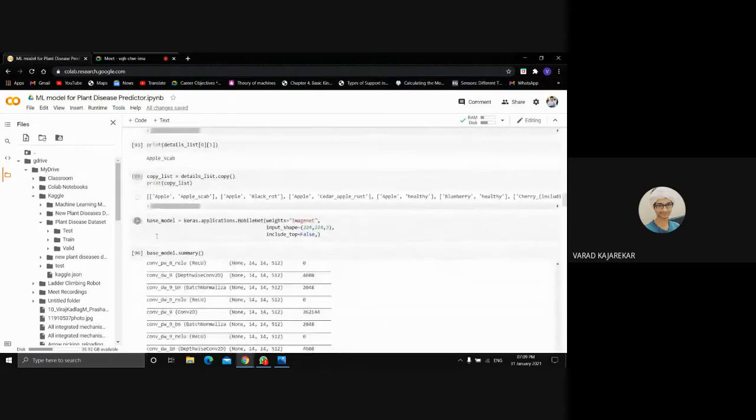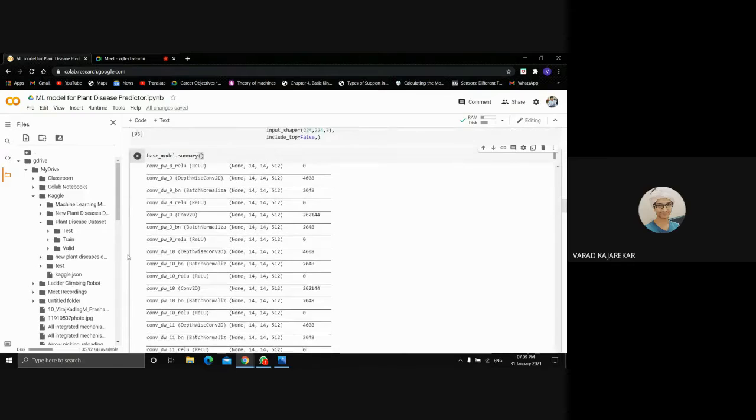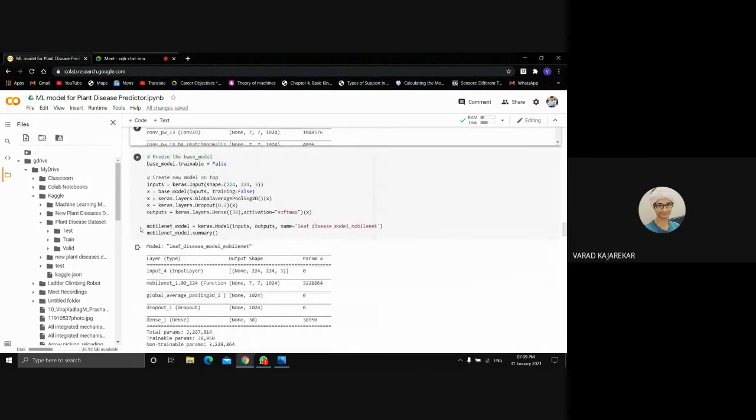Now coming to the actual model that we have built, it's based on the MobileNet architecture, which comes under the CNN architectures, and we can see how the actual architecture looks in this summary. Afterwards, after taking this MobileNet, we have also included our own layers to it for generating the output in the form with which we are concerned.